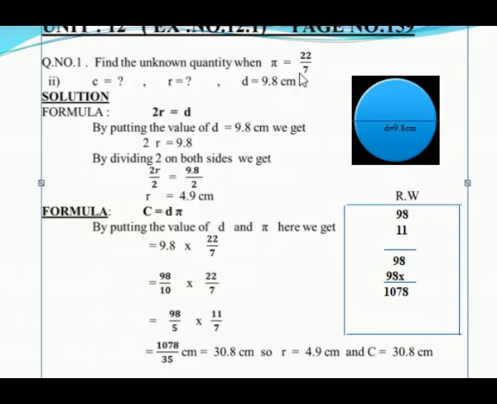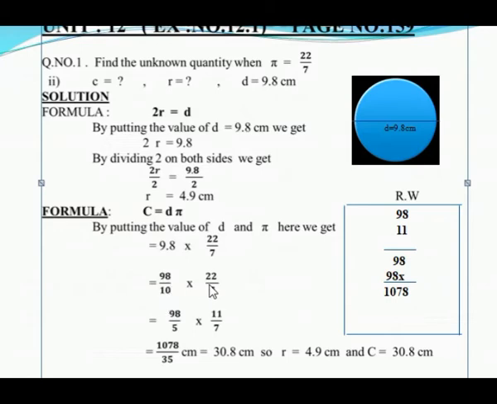Okay, one more important thing. If the value of pi is given like here, 22 by 7 is given to you, then you have to put this value, this specific value 22 by 7. Avoid the value 3.14 to put here because pi is equal to 22 by 7 is given to you now. So, what we have done here, I am removing this decimal by putting the 10 in the denominator.